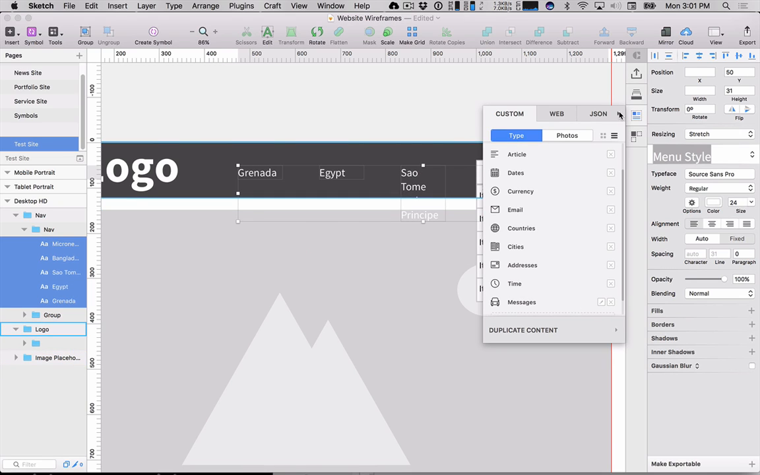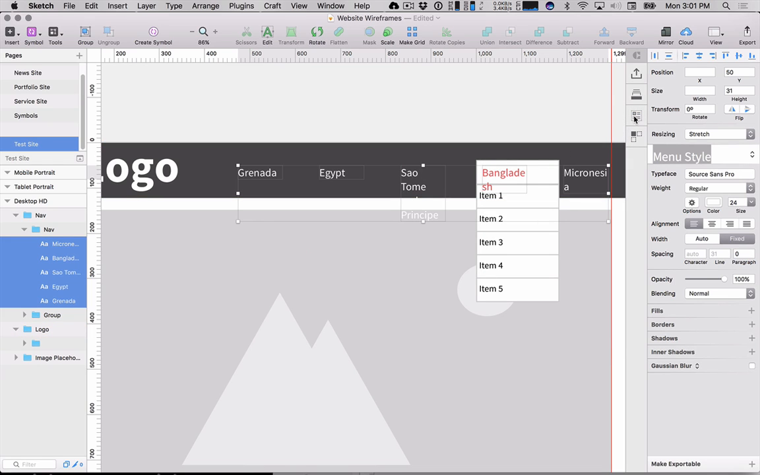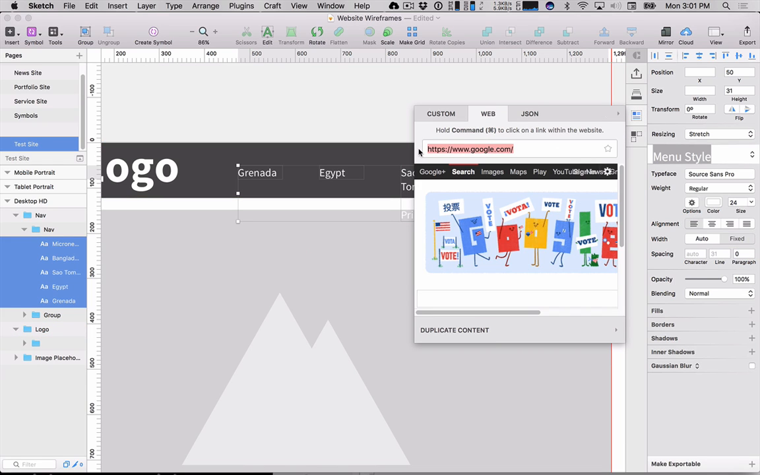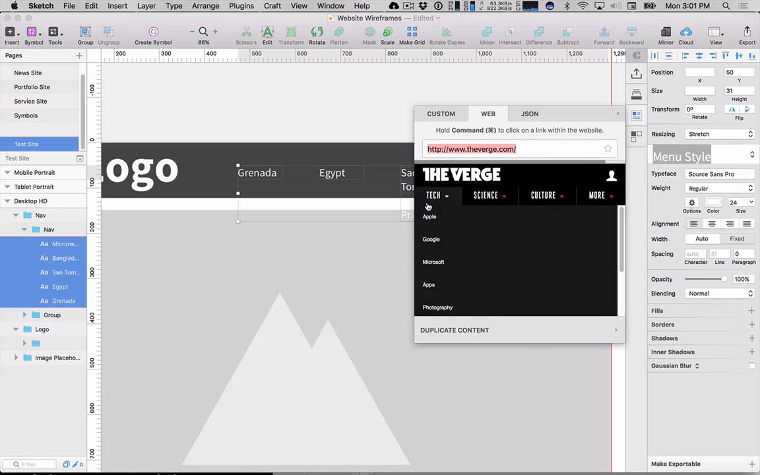Countries is fine. All right, so countries. You know what? Actually, let's do the web one. So we're going to do the web one, then we're going to go to theverge.com. So here's how this works. See how they've got a bunch of different menu items right here? You just copy that, and then